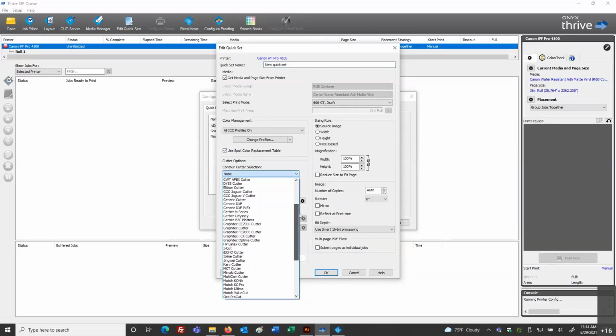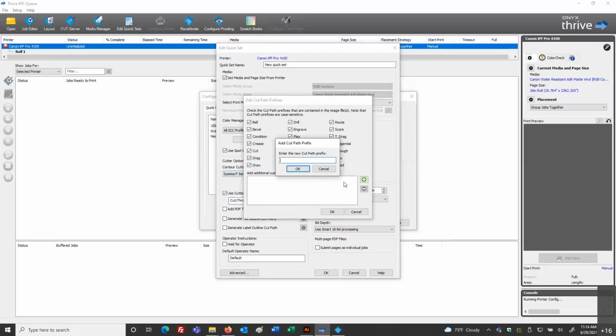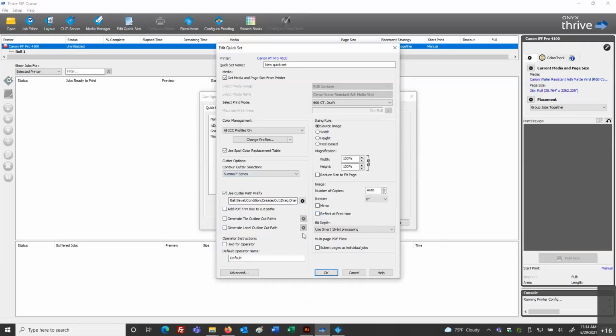So for something like this, maybe I'm going to grab a different cutter going through the workflow here. Grab something to this effect. And again, I can add that cut contour name that I may be using to represent my cut data, again, case and space sensitive.